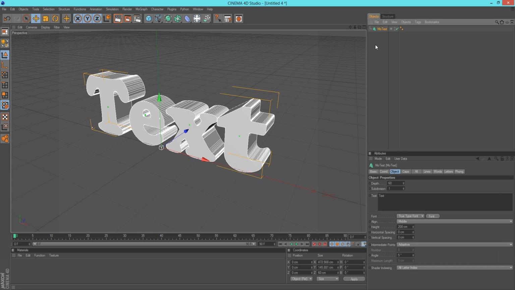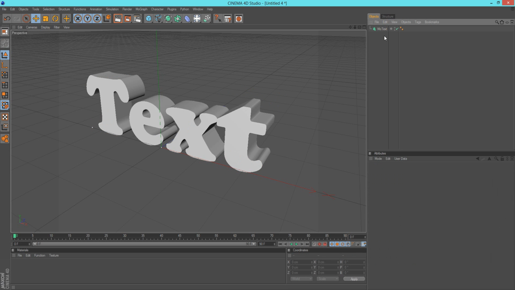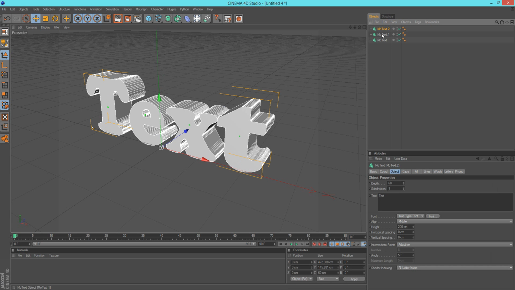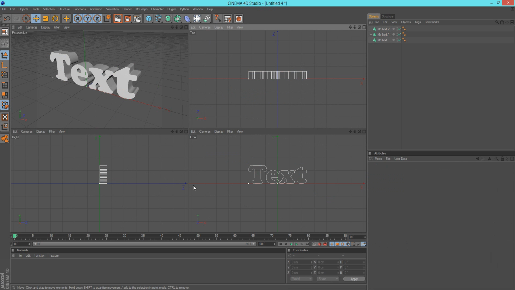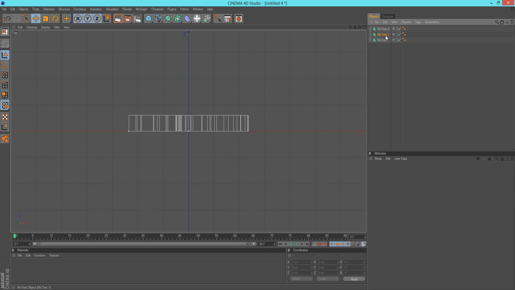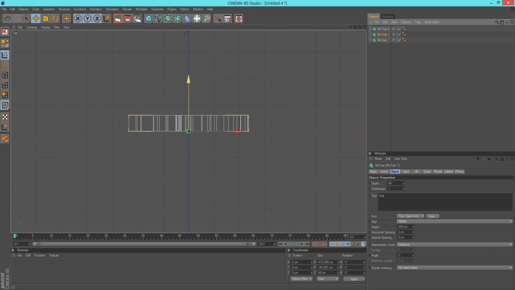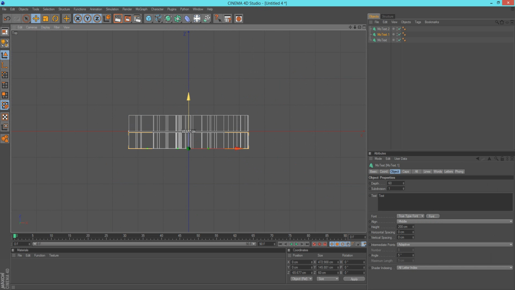Now, what we want to do is Control C that and paste it 3 times so we have 3 MoTexts of the exact same object. Now, what you want to do is click this minimize button and go to your top view. So there's 4 multiple views. Go to your top view, okay? Click on MoText 1 and let's drag it out just so this side is touching the side we just made,